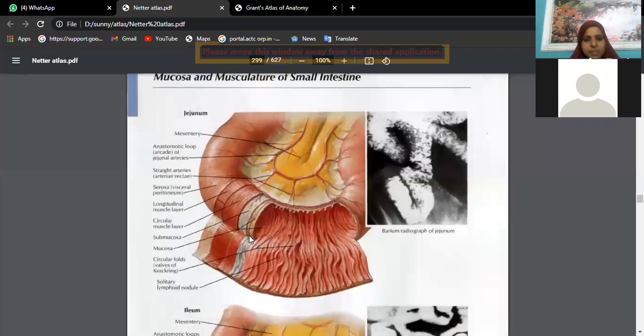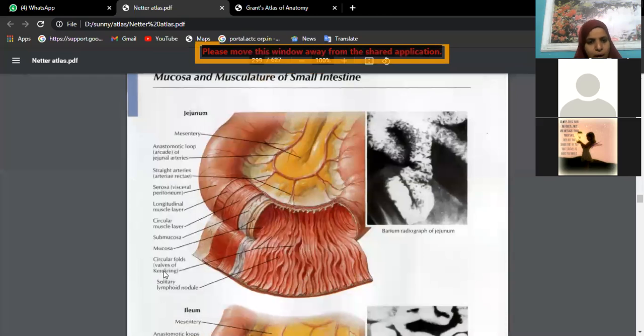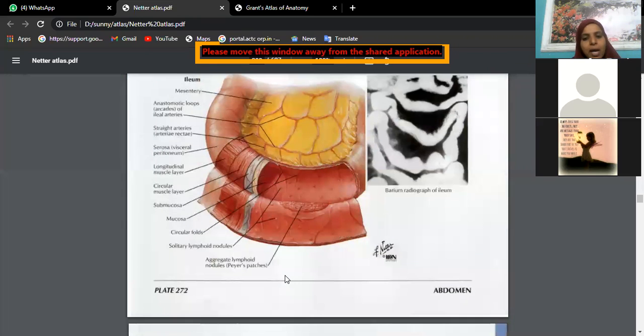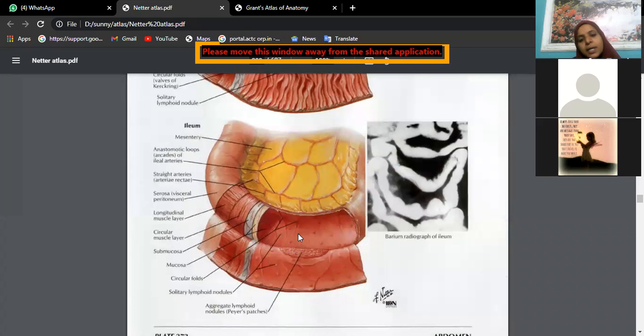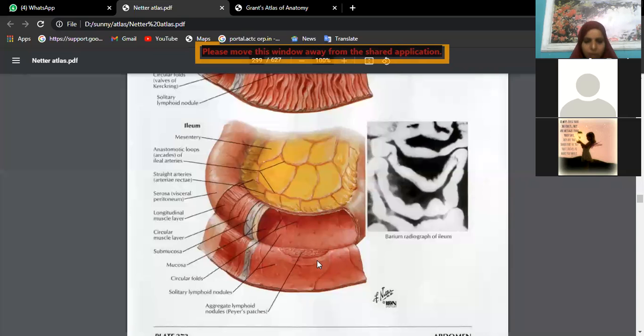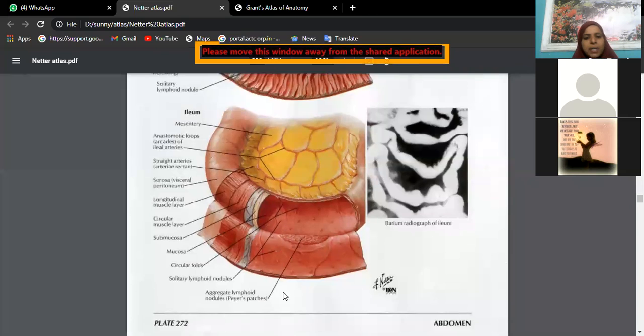Okay, this is jejunum. Jejunum has circular folds, also called valves of Kerckring. That means here the villi will still increase because they are concerned more with absorption. As you come to ileum, when you cut the ileum and see here, you are not finding villi. Instead, you are finding a collection of lymphatic follicles called Peyer's patches. Because digestion and absorption is finishing till jejunum. In the ileum, all undigested food is about to enter into the large intestine, which is loaded with bacteria. In order to kill the bacteria, we have these Peyer's patches.